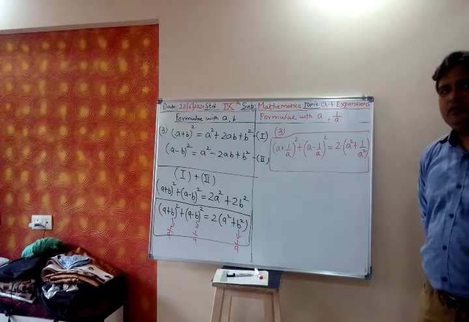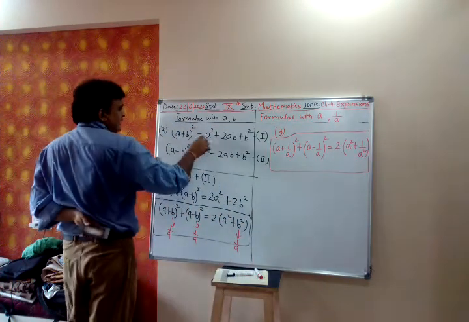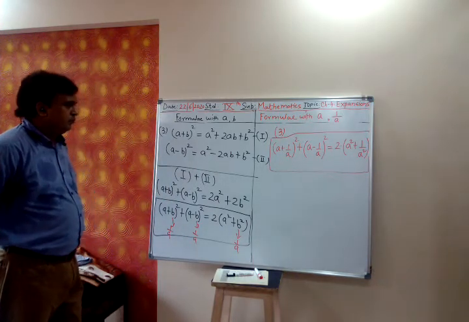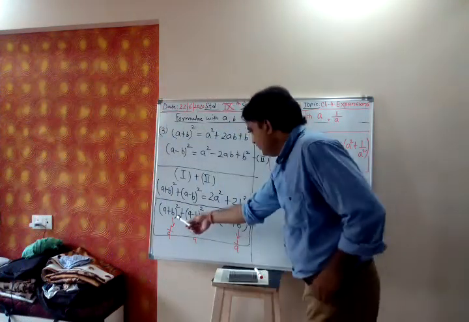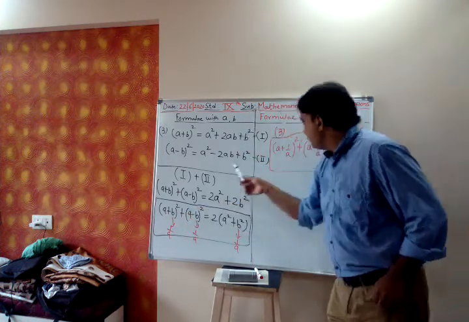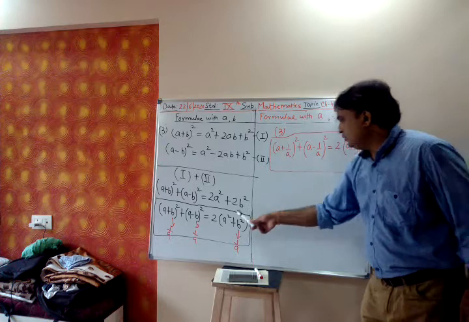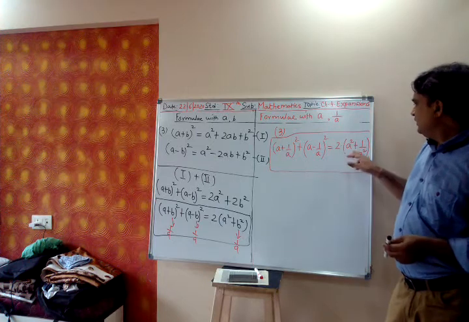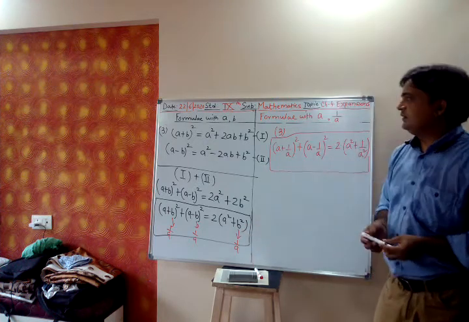A square plus a square, 2a square, because like terms are there, no? Same variable, same power, like terms we can add. So a square plus a square, okay. See. So in place of b, I will write 1 upon a. So a plus 1 upon a whole square plus a minus 1 upon a whole square is equal to 2 into a square plus 1 upon a whole square. Inside bracket b, I will replace by 1 by a.